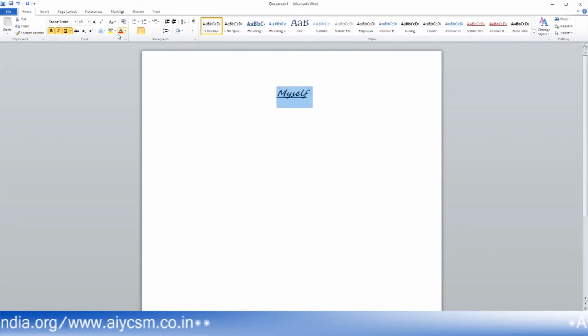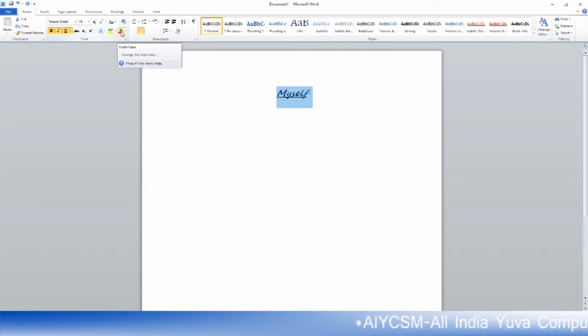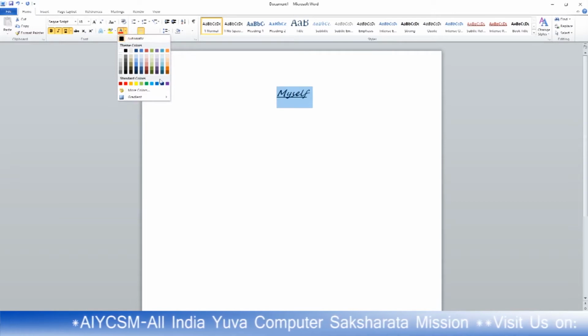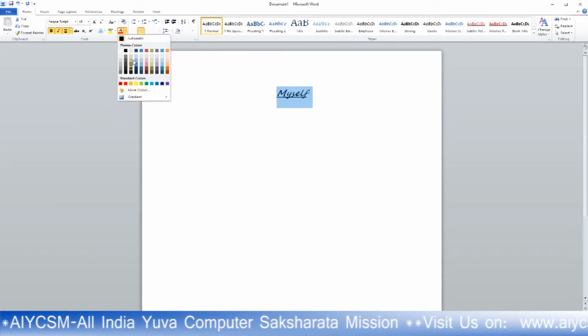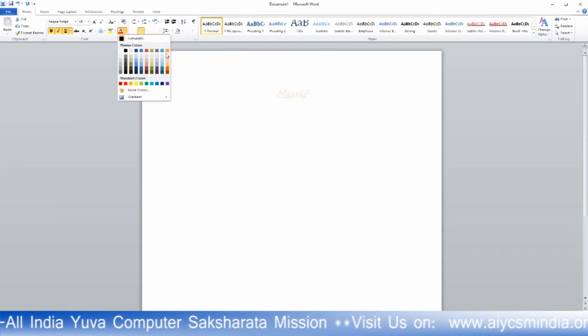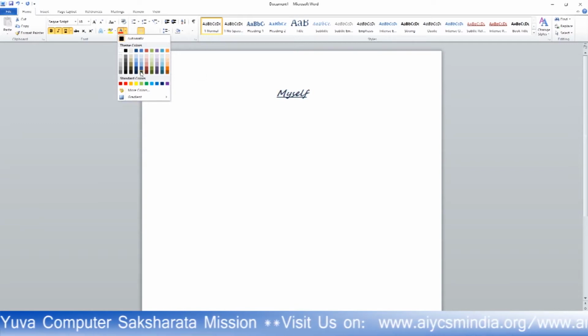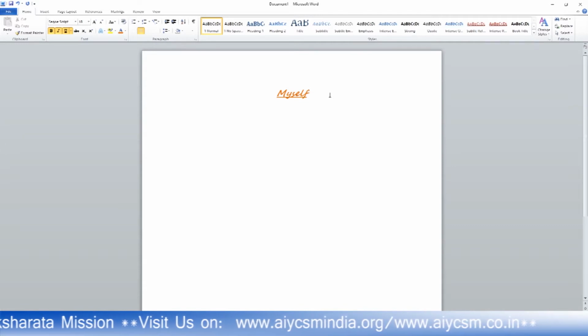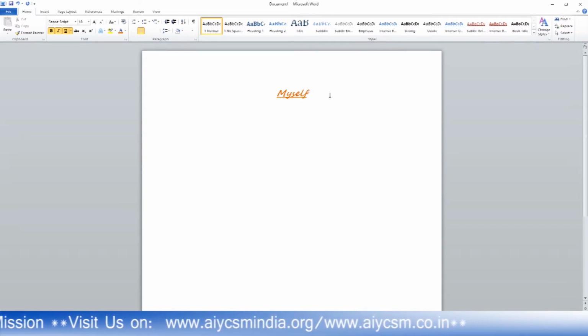Now you will see how to change the color of the font. When you move your cursor on this one, you will see that this is for font color. If you click on this area, different types of colors appear. A dialog box has opened. Within this, you have different types of color. You can change to any of the colors. Click on it, and it will change to this color. So this is how we can change the color.